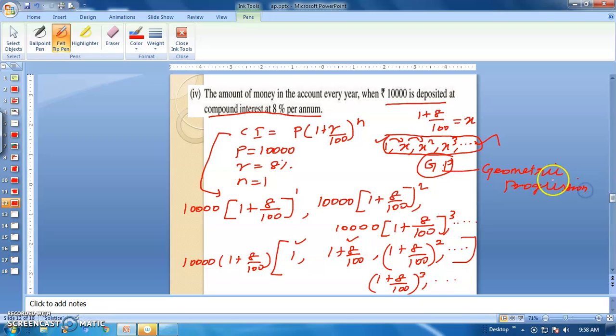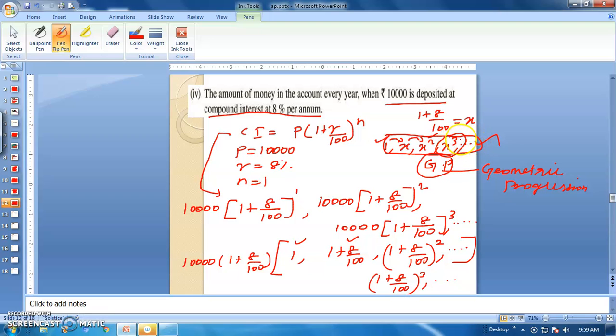In our higher studies, you are going to see what geometric progression is. Geometric progression means the second term, third term, or any term is obtained by multiplying the previous one by a particular number. For example here, how did you obtain x cube? You multiplied x with the previous one. That's why we get x cube. The next term will be x power 4 because we multiply x cube by x again.